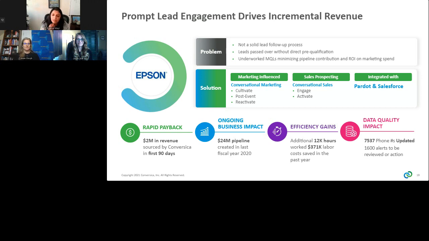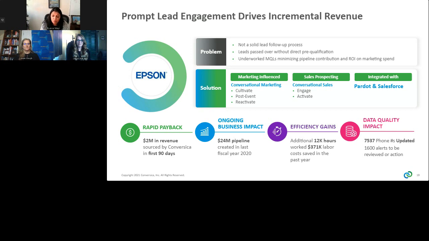And then the other thing that people are really starting to hone in on is this notion of efficiency gains. You know, we talk about augmenting a workforce of AI and sales teams really working together. And this definitely holds true because the amount of worker productivity gain you get with an AI assistant is just off the charts. So if you were only using human-powered customer engagement to work these leads, you would not be able to ramp up or get the scale and the level of productivity that an AI assistant can get you. And in this case, it was an additional 12,000 hours of work. If you were to do the equivalent, what people would have cost